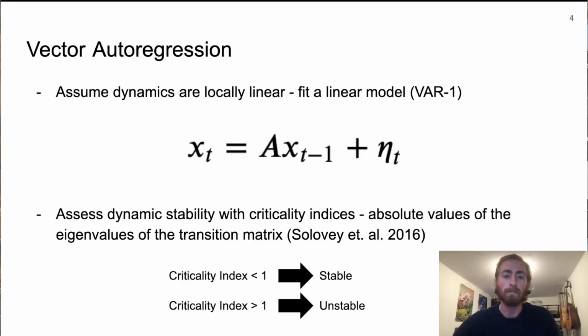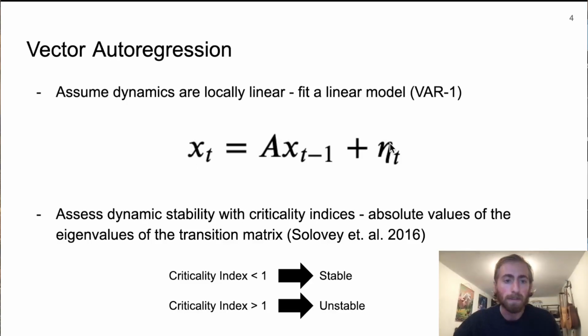data. In order to assess the dynamic stability of the system, we're going to treat the recordings as a dynamical system. At each millisecond in the trial, the vector of LFPs represents a point in a neural state space, and the sequence of vectors of LFPs constitutes a trajectory of the system. What we can do is fit a linear model to the data. We're using one-step vector autoregression and fitting this matrix A to predict every time point from the previous time point